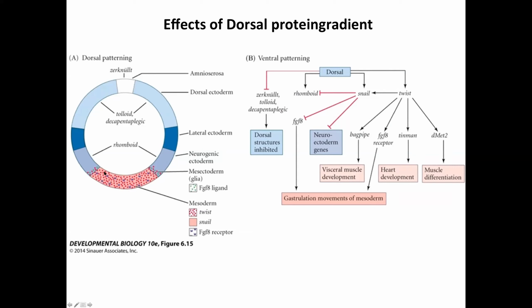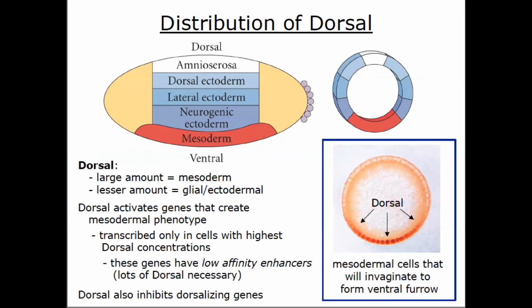Dorsal will result in active transcription of its target genes, twist and snail, and rhomboid. Now, like I mentioned, there are these high affinity, low affinity sites that are going to be very critical here for sensing Dorsal concentrations. Now, since snail, twist, and rhomboid have the highest affinity enhancers,